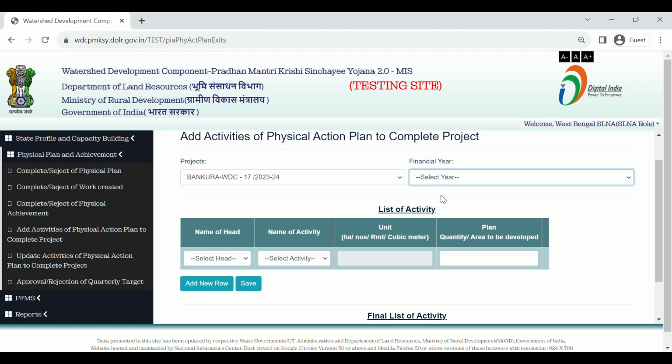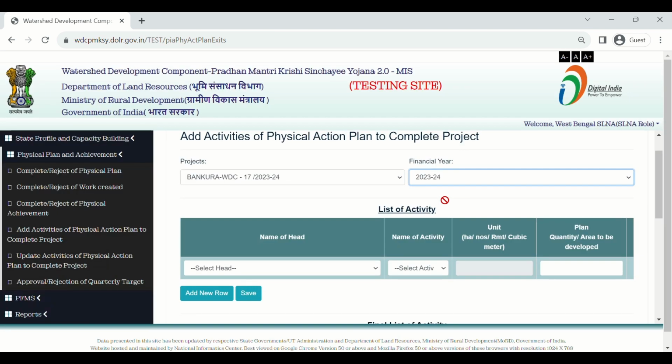Select the financial year. After selecting the financial year, a list of activities is given. Here you have to select the name of it. Make sure you can add only those head and activity which were not added already.